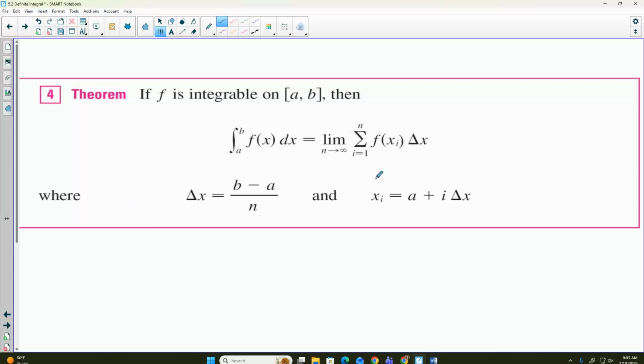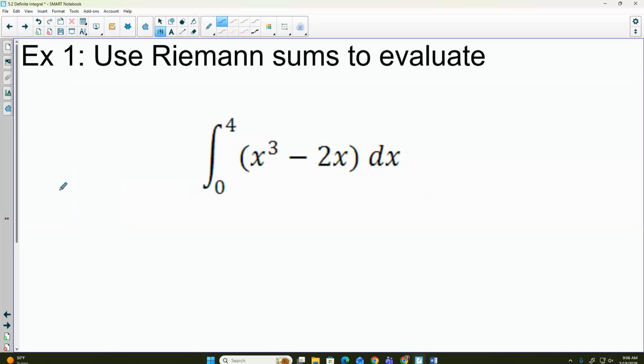So notation-wise, this should look familiar. dx in the integral is like this change in x that we were seeing before. Remember, the change in x is your ending minus your beginning divided by the number of rectangles. The x in our function is that x sub i that we were doing before. Remember, x sub i is how we are counting our x's. So it's our starting point plus multiples of the change in x. So what we're going to work on today is using those two notations. So if I want to calculate this integral using what we have already done,